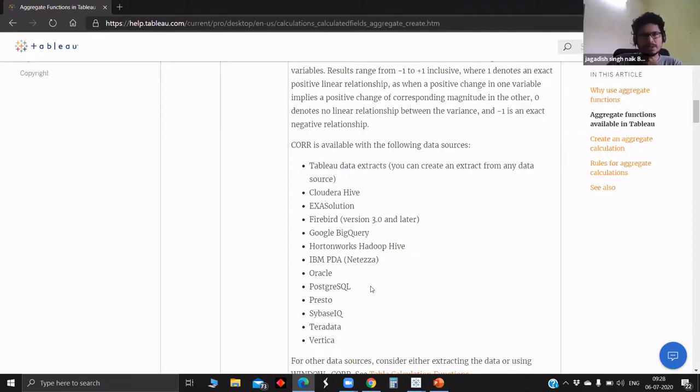Yeah. Or else, if it's showing an error, in that case you can keep it as an extract and keep the refresh frequency of the extract at maybe once every 2 hours or once an hour, so that it's almost equivalent to live data, depending upon the case or the data that you're working with. Okay, thanks. Yeah.